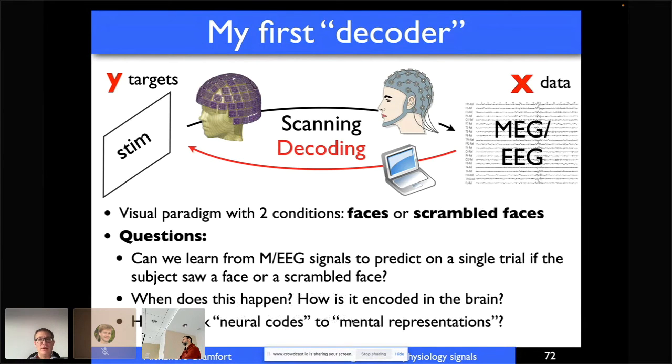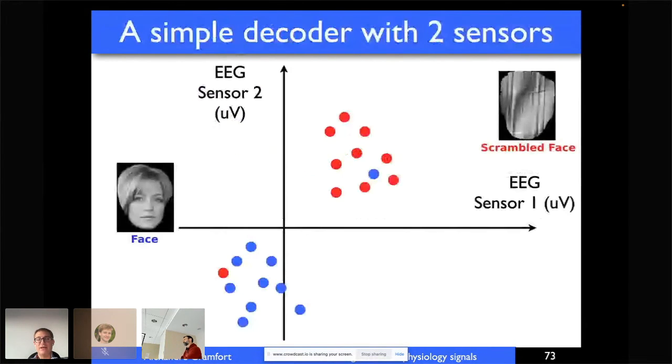So allow me to take this very toy example to make it very clear. I'm going to assume that I have two signals, okay, two sensors, two EEG sensors. You're measuring stuff in microvolts. On purpose, I show you that what you measure is just not an arbitrary number. It has a unit, and the unit is basically what maybe makes EEG, MEG quantitative neuroimaging or neuroscience techniques,